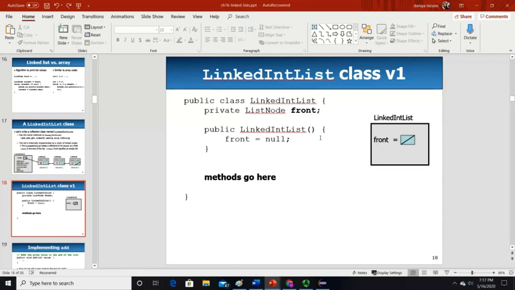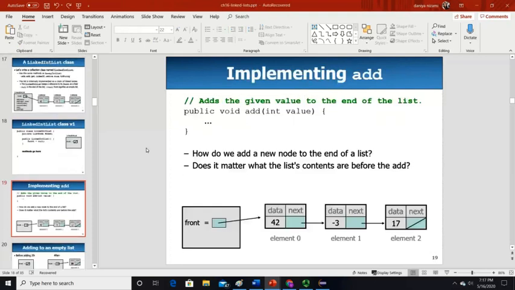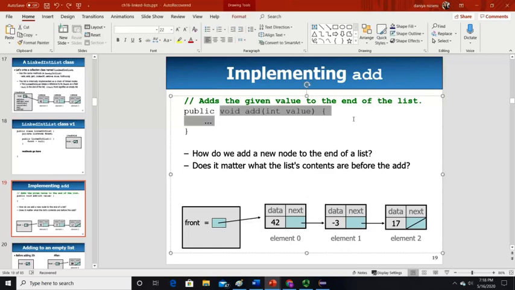So the user will call the add method if the user wants to add something. The user cannot directly call our field and give us the value. Okay, it will be through our add methods. So how do we write the add method in a linked list, like how will that add method work? There are some things you need to know about linked lists. For example, this is the basic thing about the add method.